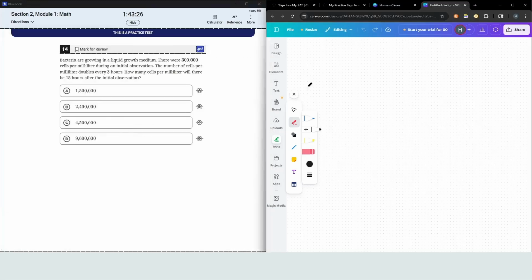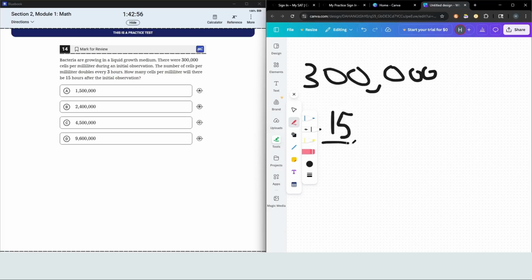Question 14. Bacteria are growing in a liquid growth medium. There were 300,000 cells per milliliter during an initial observation. The number of cells per milliliter doubles every 3 hours. How many cells per milliliter will there be 15 hours after the initial observation? You can take 15 divided by 3, which gives you 5, meaning it doubles 5 times since it